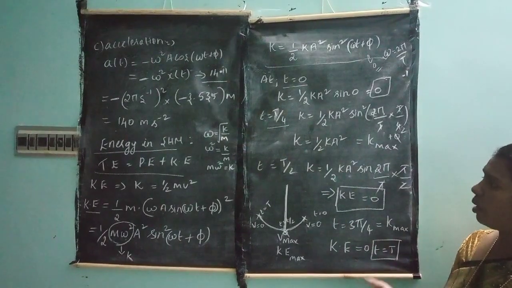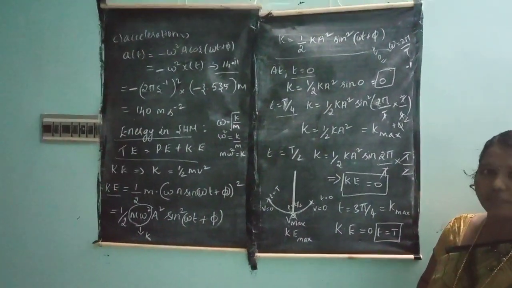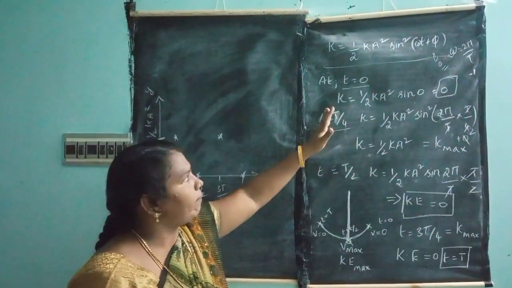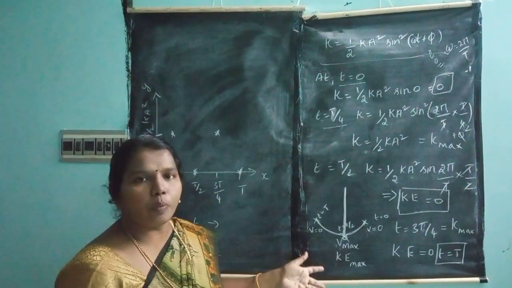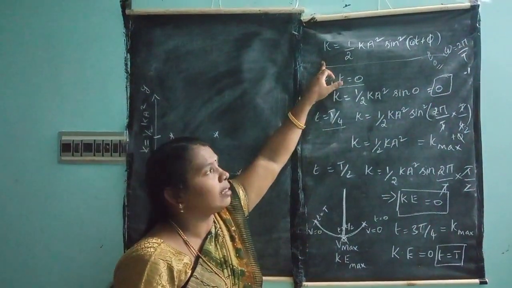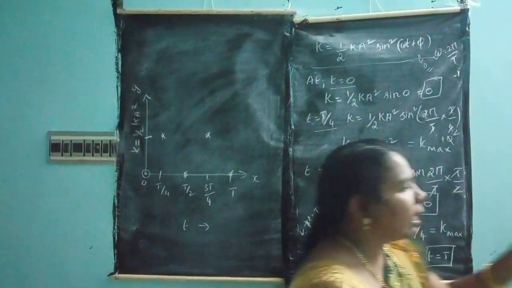For your purpose, drawing the graph makes it easy to understand. See here, I am finding the kinetic energy for those values. These are not in your book, guys, so take a paper and write it, because this is the general formula. It is given in your book, in your page number